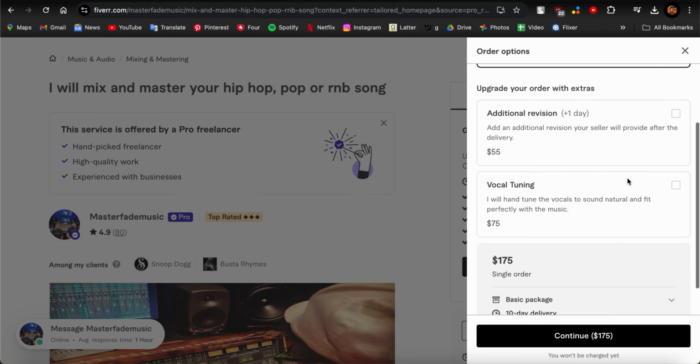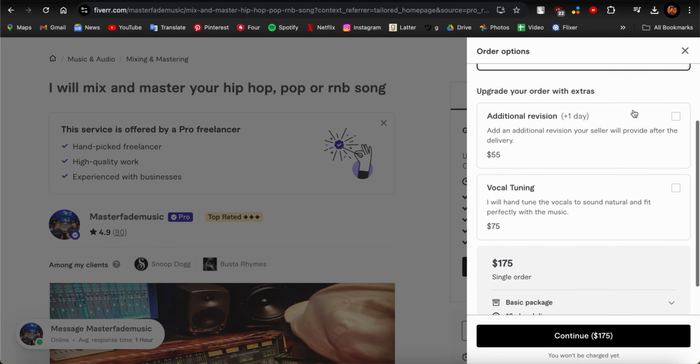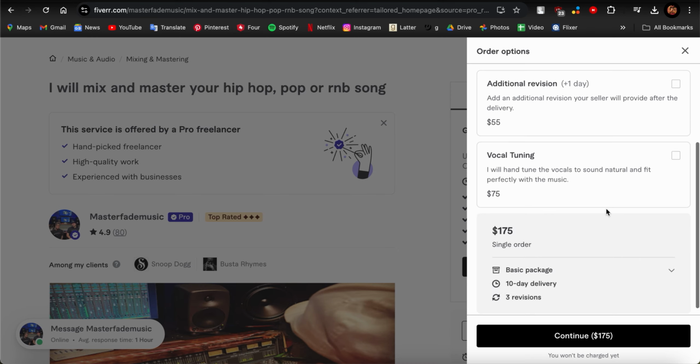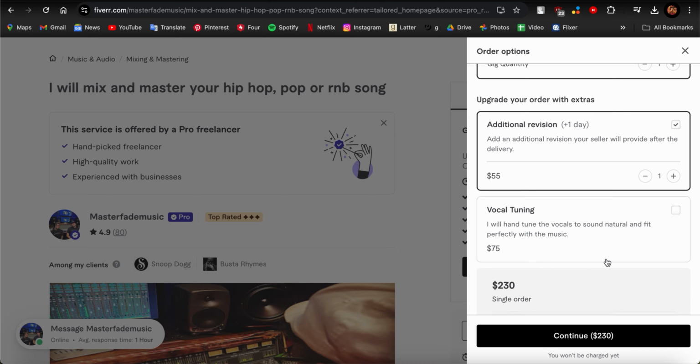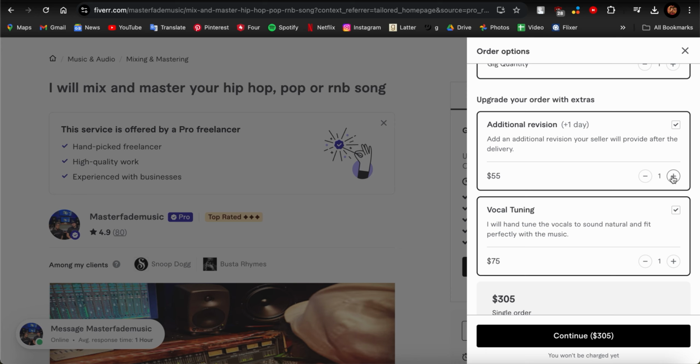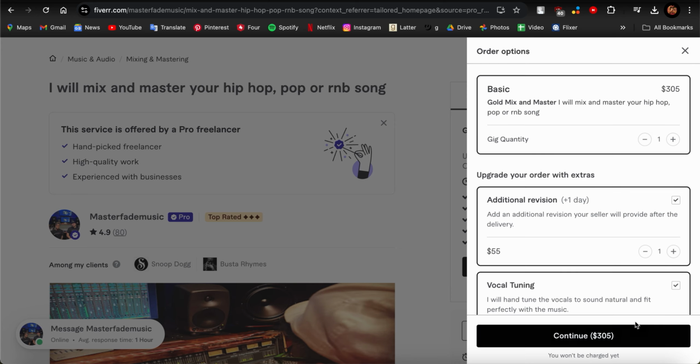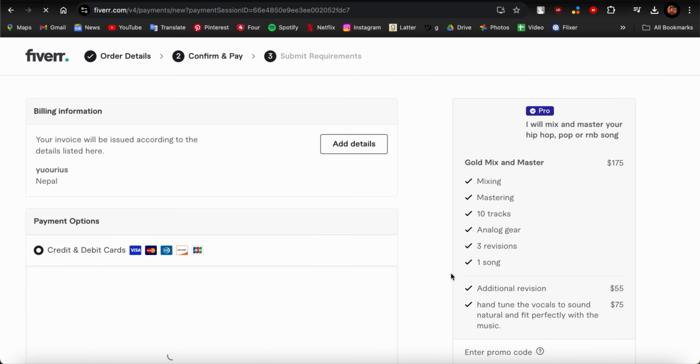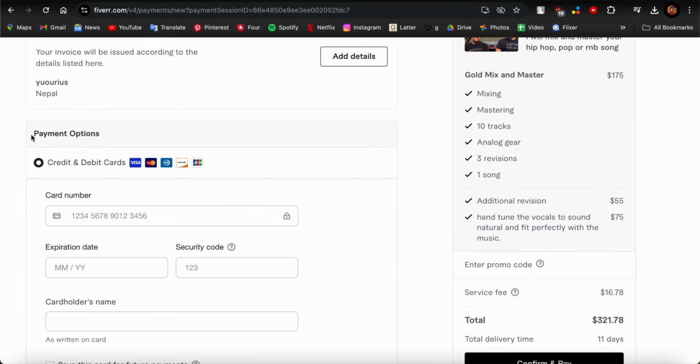Once you tap on continue, you'll see more order options on which you want to purchase, additional revision, vocal tuning. You can just order all of them if you want. You can also increase or decrease the quantity. Guys, just tap on continue, wait for the page to load, and now there are payment options like credit and